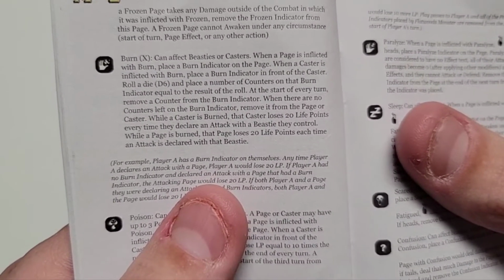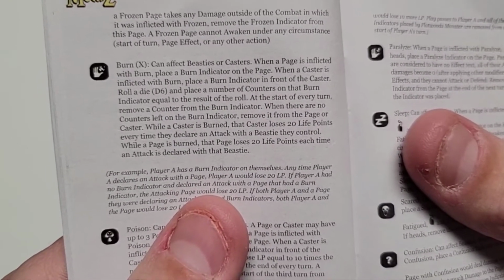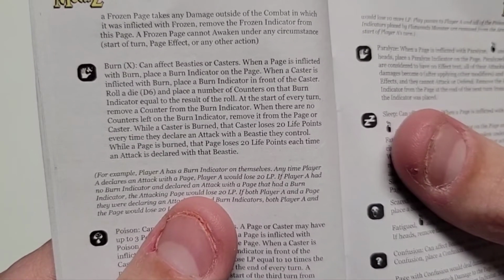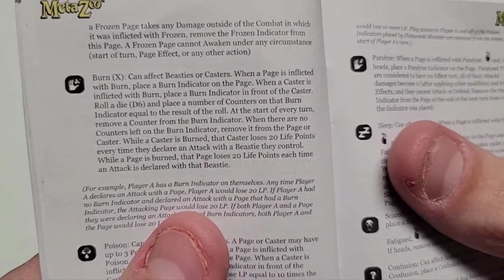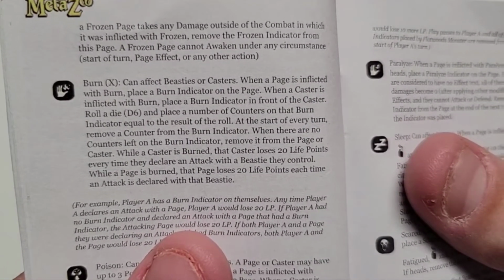And place a number of counters on that burn indicator equal to the result of the roll. At the start of every turn, remove a counter from the burn indicator. When there are no counters left on the burn indicator, remove it from the page or caster. While a caster is burned, the caster loses 20 life points every time they declare an attack with a beastie